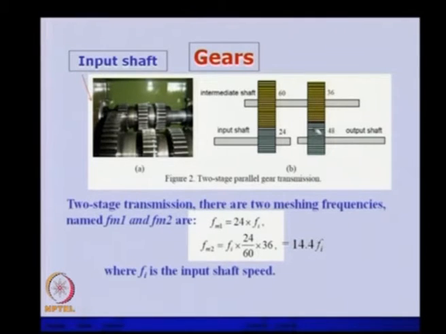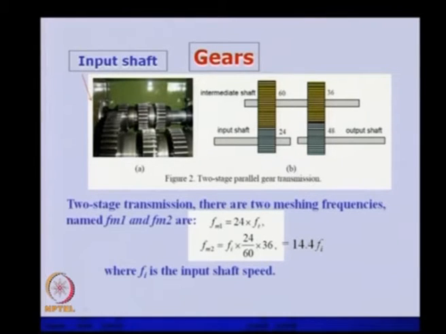So, in this you can see the speed of this particular gear. We are taking the speed of this gear and the number of teeth of this. This is the reduction within the first stage, and if we multiply with the number of teeth of this, we will get the tooth meshing frequency for the second pair. So, tooth meshing frequency is for a pair, not for a particular gear. This is for the first pair and the second pair. So, we have these two tooth meshing frequencies we should expect in the vibration spectra,